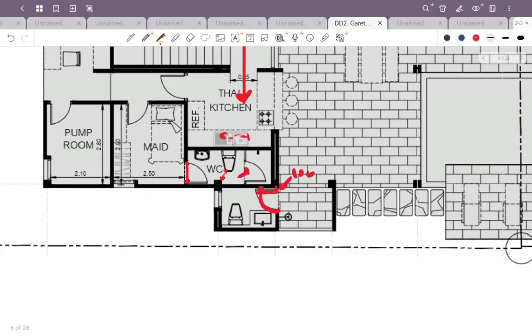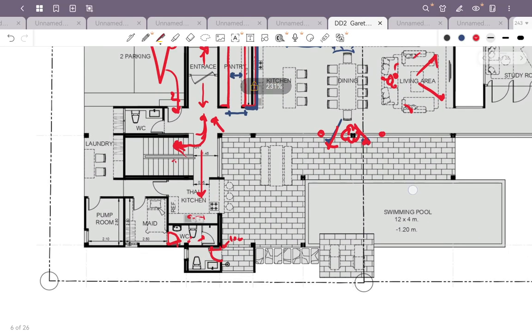But when you make the door too close to the wall like this, you can only open the door like this, because you need to have a door stopper here, so you will never be able to open the door 90 degrees. Okay, next,